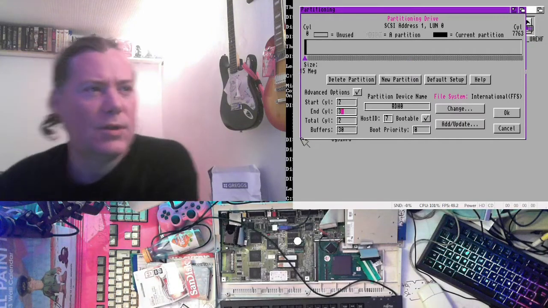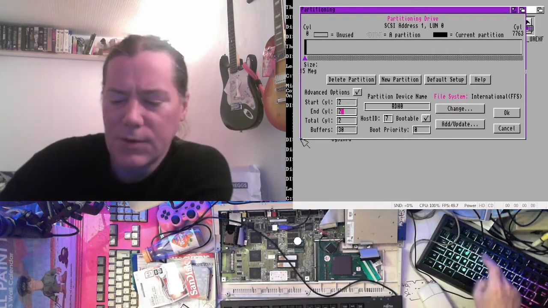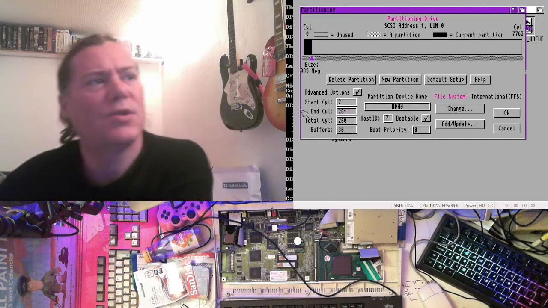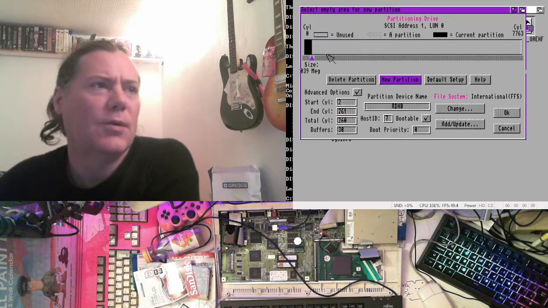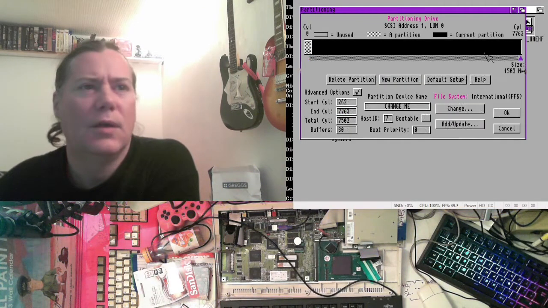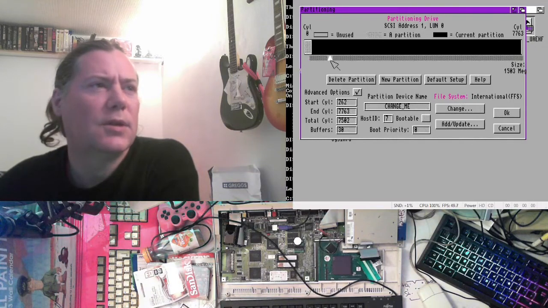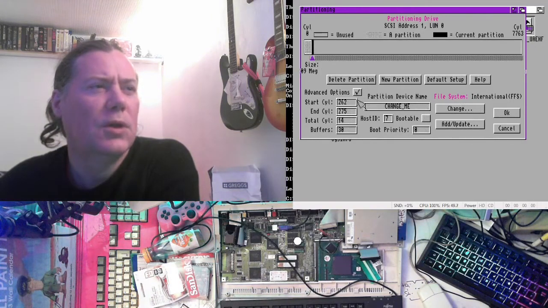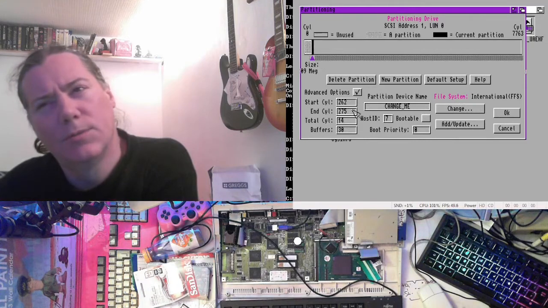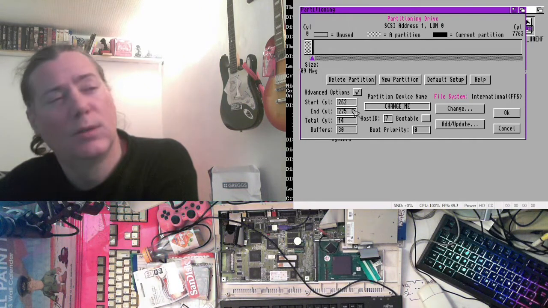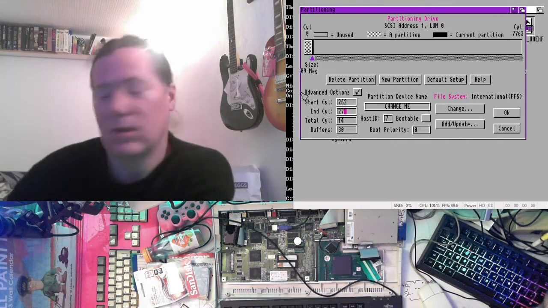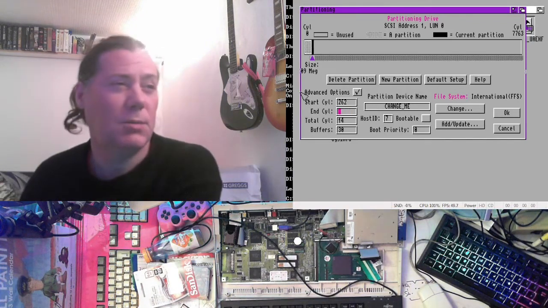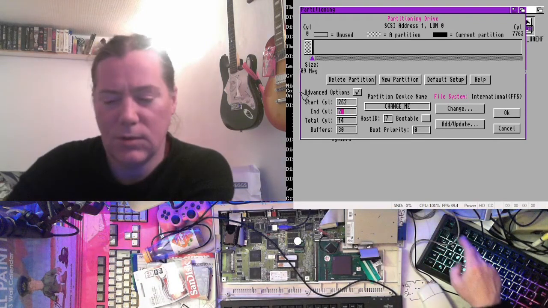What was it we said? 260 last time? Let's go for 261, which will give us just ever so slightly more meg. Then we'll go for a new partition there. And we're going to set this partition to, hang on, what was the last one? 261 was 2 gig. 520 would be 4 gig. 1040 would be 8 gig. 2080 would be 16 gig. So let's make it 2080. 2080 plus 262 is